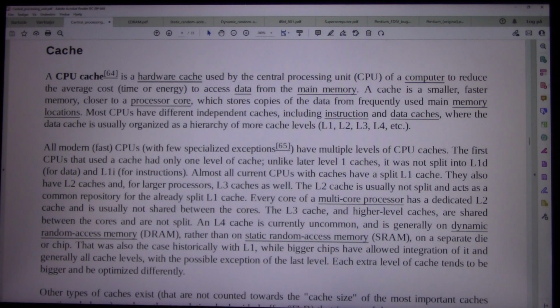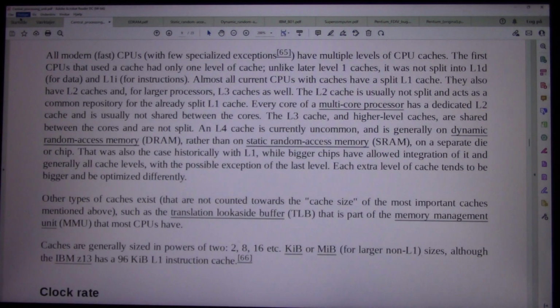All modern, fast CPUs, with few specialized exceptions, 65, have multiple levels of